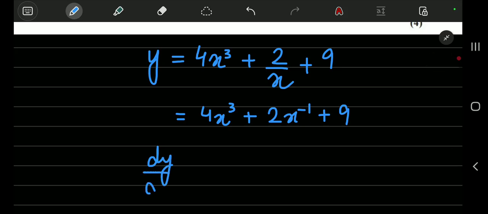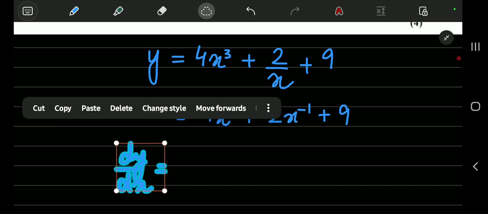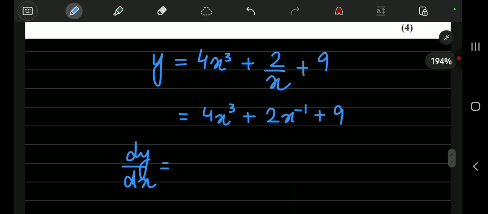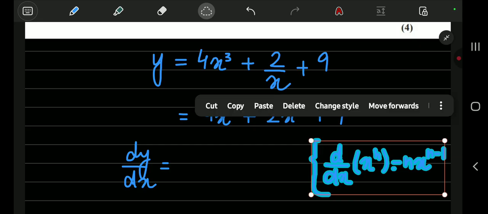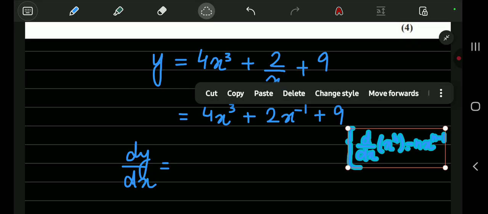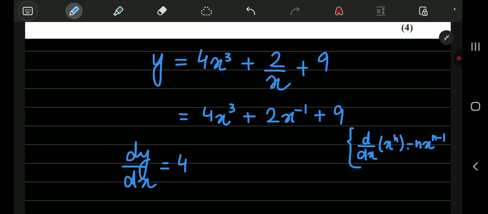dy by dx will be equal to... what is the formula for the derivative in general? The derivative of x to the power n is nx to the power n minus 1. So we will be applying that here. The derivative of x cubed would be, 4 is the constant so we keep it outside, 3x squared: n is 3, so nx to the power n minus 1 gives x squared,